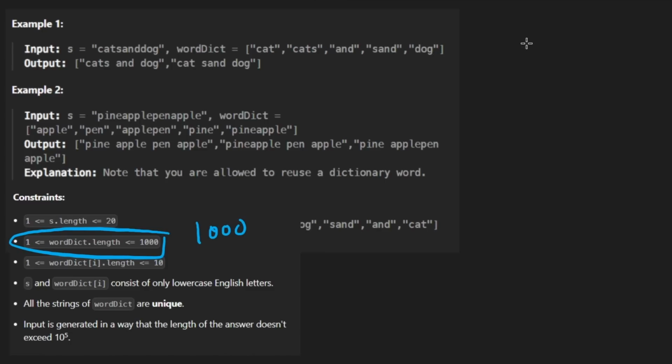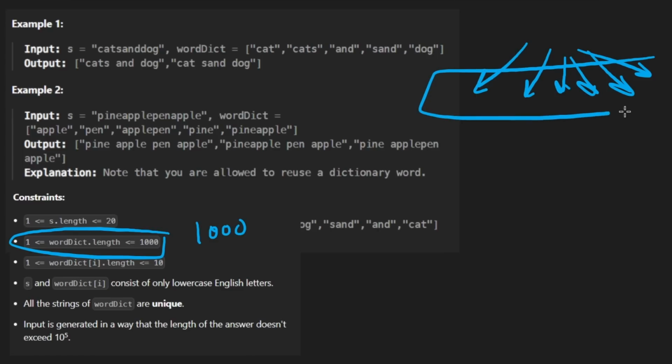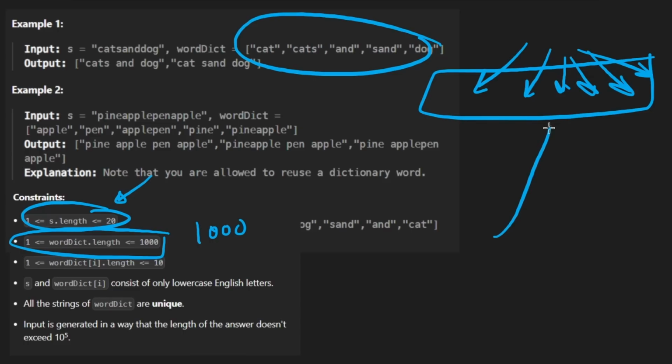So I guess technically in the worst case, we could have 1,000 different branches. But now that I actually think of it, I guess I lied. And I guess they actually both are equally efficient in terms of big O. Can you kind of guess why? Because if we have 1,000 words and we only have 20 characters in the input string, unless we have duplicate words, there's no way we're actually going to have